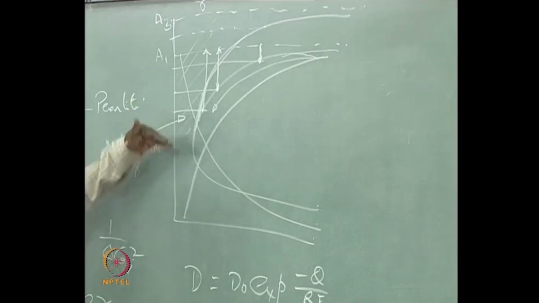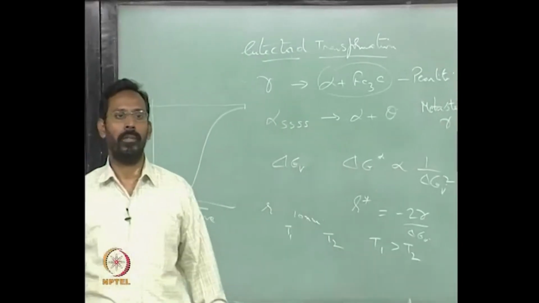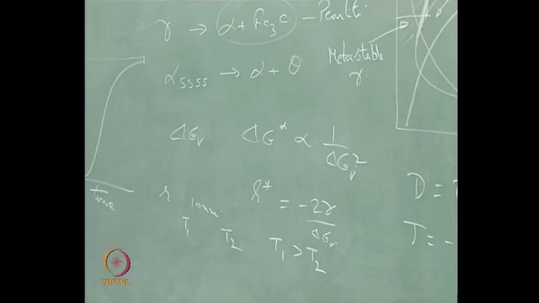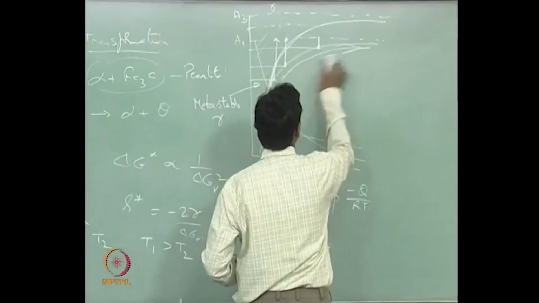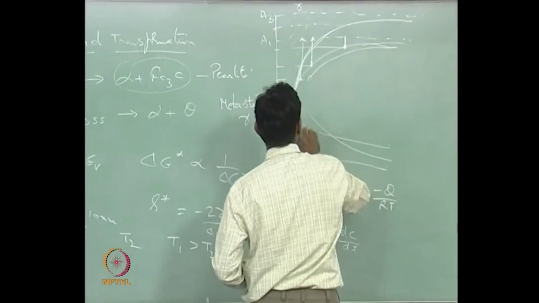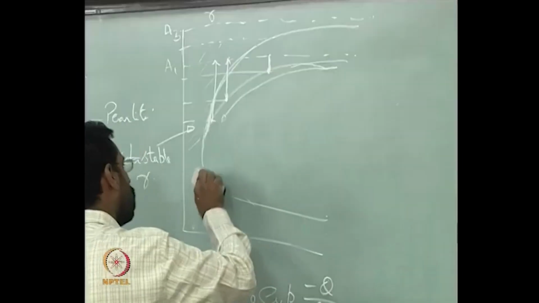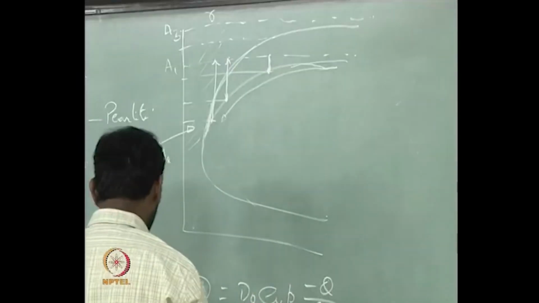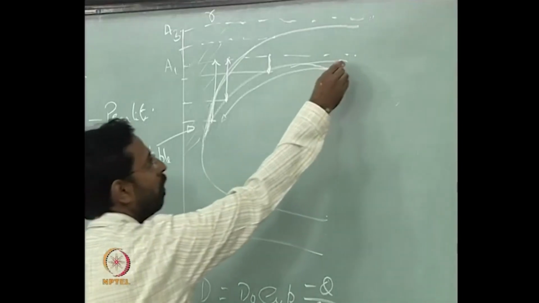So, at temperatures which are lower, the time taken for the R star to form is so large because of the diffusion, and that is the reason why you would see finally a curve which is something like this. So, the combination gives you a curve which is of this nature,